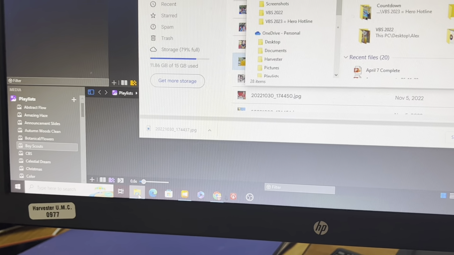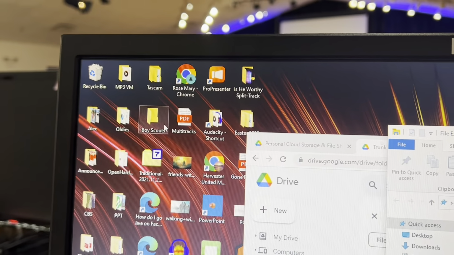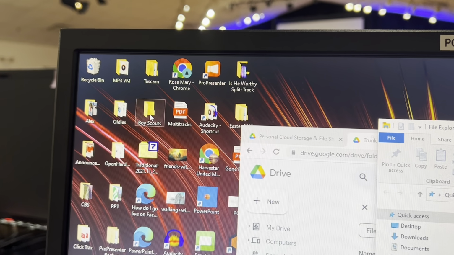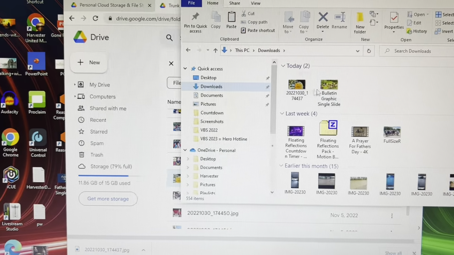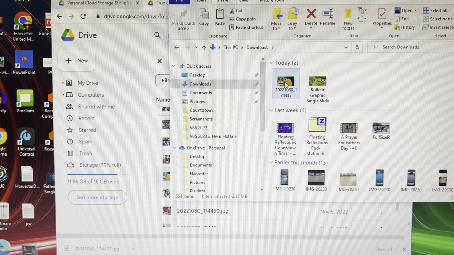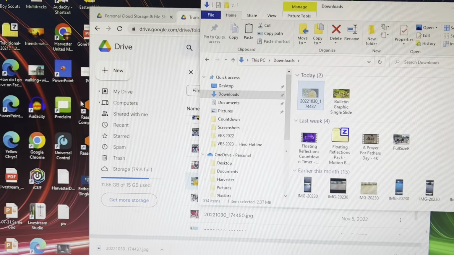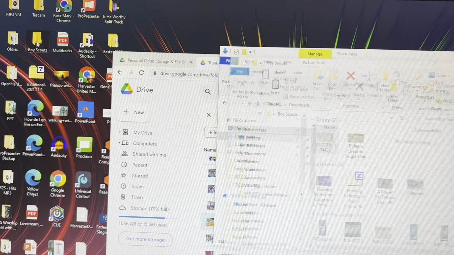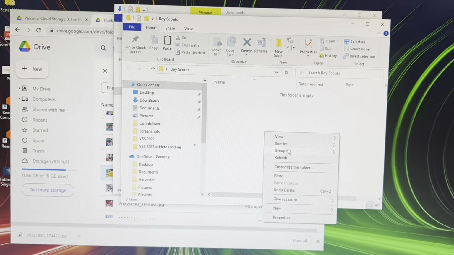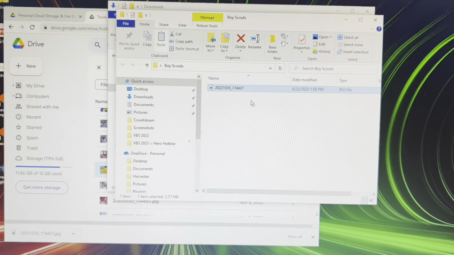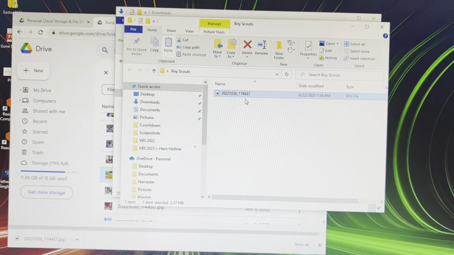Let me go to the desktop real quick. Up here, I put together a folder for you guys to put your stuff together once you download it. But downloads is pretty much like you use on your own computer. I understand you probably know how to do this. It's something that you do every day with the computer, but I'm just trying to make sure that I cover absolutely anything possible. So my example is in the Boy Scouts folder, and I'm going to go back to ProPresenter and put